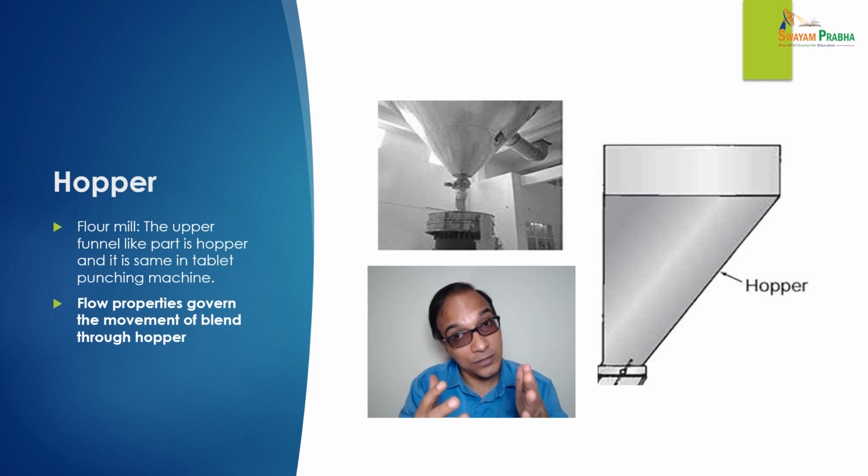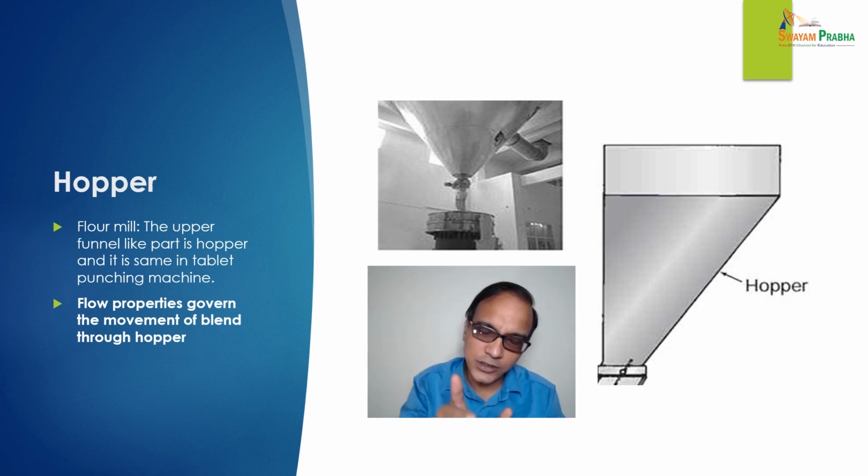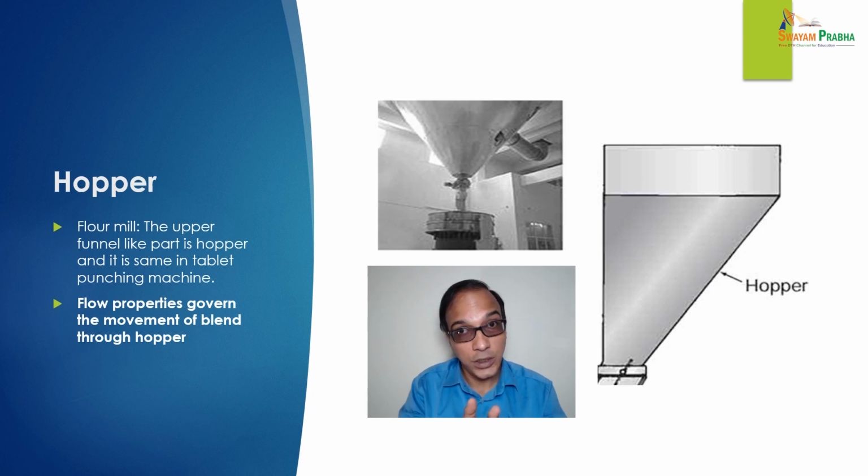That's why we say that the granules must have good flow properties, because we are charging the granules in the hopper. If the flow property is poor, the uniformity of content will not be there in the material which is going to be compressed. So drug content uniformity may get affected, and the rate of supplying this material into the feed frame is also important. So we'll be discussing these factors also.